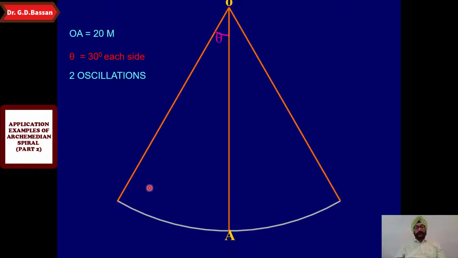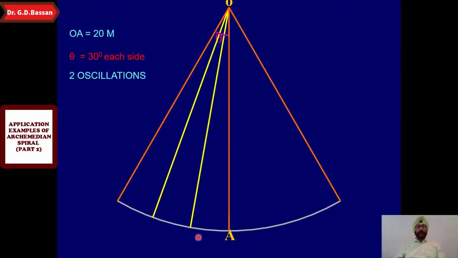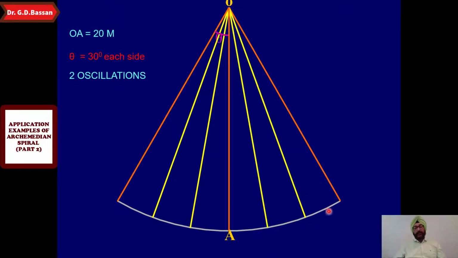Now divide this arc into a number of equal parts. Say we divide this portion into 3 equal parts and divide the other portion also into the same number of divisions. That means we have divided the total arc angle theta, that is 60 degree, into 6 equal divisions. Now as it is moving from OA, give the numbering as the monkey moves in the direction. Remember, give the numbering accordingly so that it is easier to solve the examples.